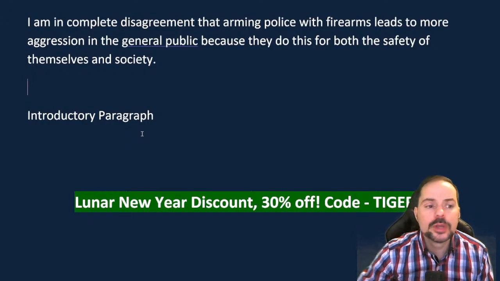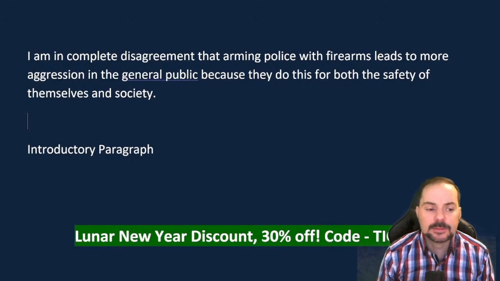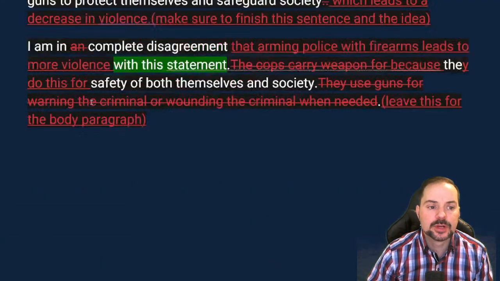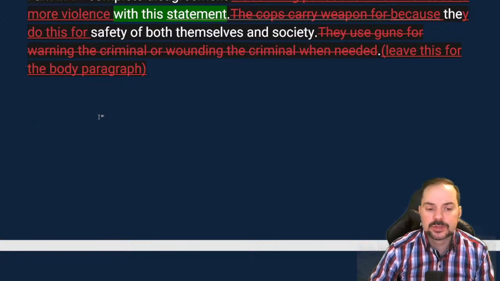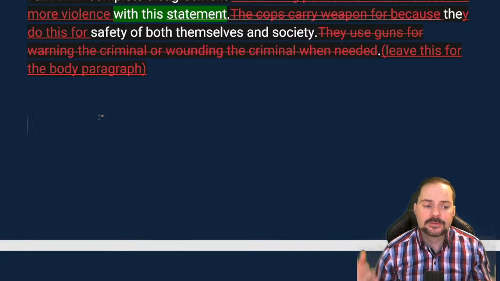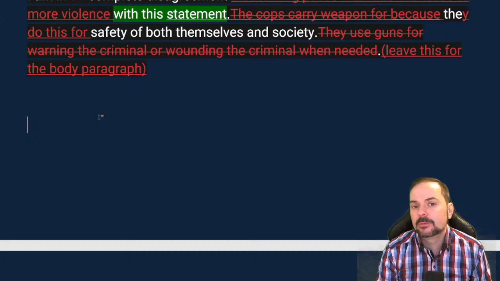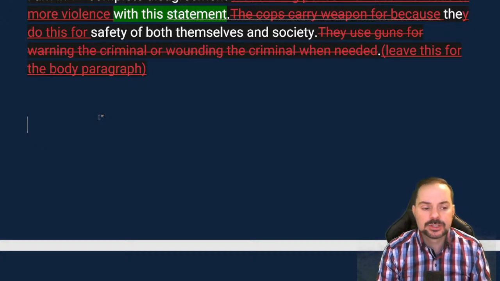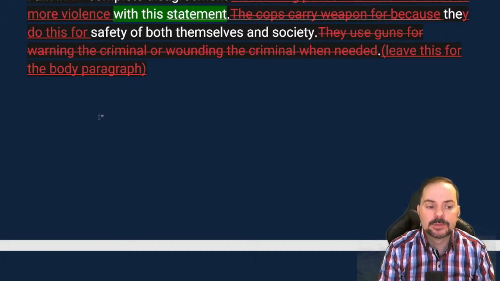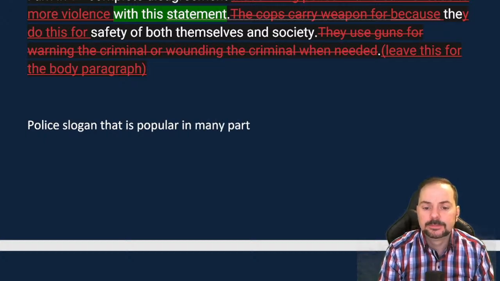What is the slogan? What is the most common slogan of the police? I wonder if anybody has thought about this throughout this critical thinking. So when we're doing all of this, it's really good to visualize and, again, take from your real life experiences, right? I think in Canada, US, and from what I have seen in many other countries as well, the police slogan